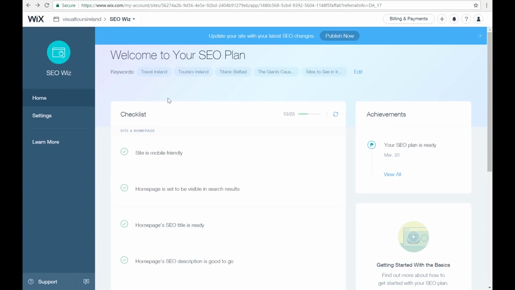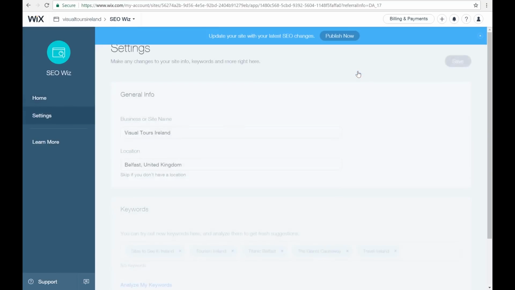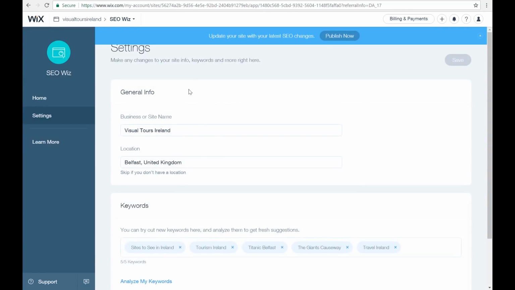So one of the main things that we need to think about are the keywords, and these are basically just what we think people will be searching for when looking for our business or company. So any words that relate to your website will be very, very useful.